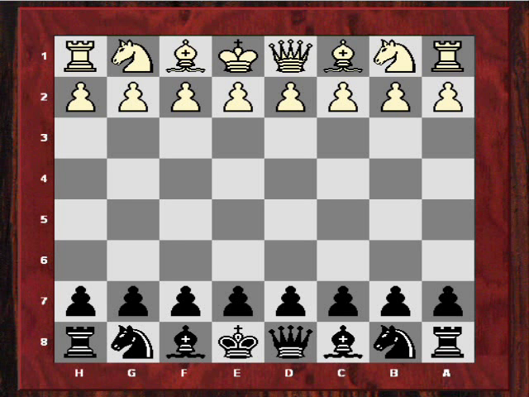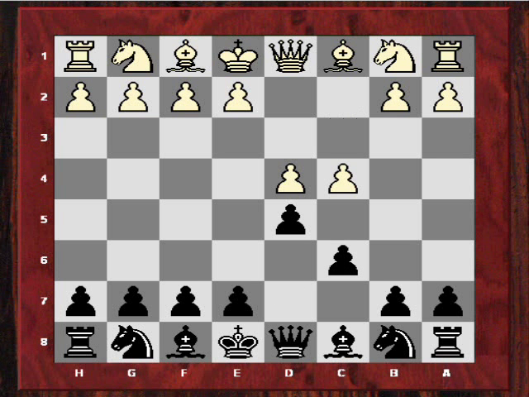Hi all, we're going to look at the very exciting game from the World Championship played yesterday. Kramnik was white, Anand was black. Game 3. Kramnik kicked off with d4 and Anand chose his super solid Slav defence, but this time we didn't